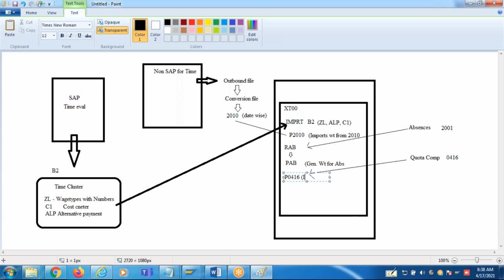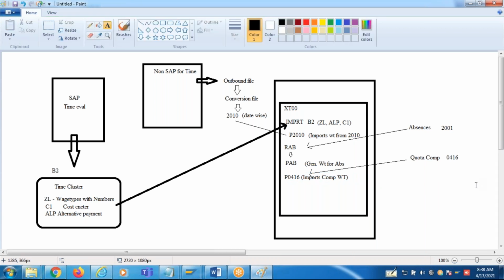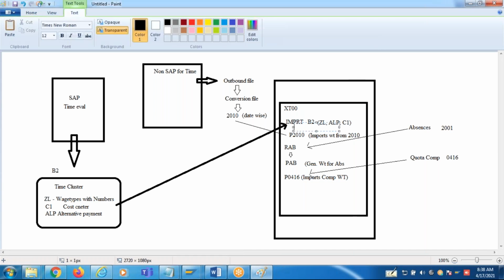What it does, it imports compensation wage types. Now there is one more scenario here which has to be executed after B2 itself. Okay, what is that scenario?